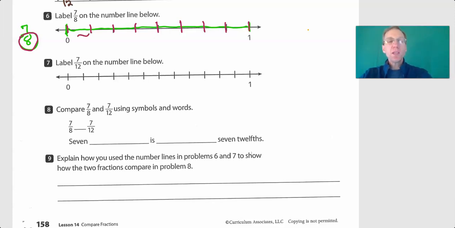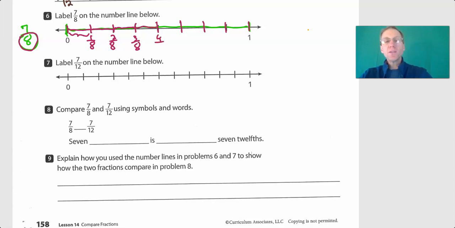So this space right here, at the end of it, we would put 1/8 to show that the distance is 1/8. And then the next one, that distance over to here, now if I make two purple lines to show the space, that is 2/8. I draw a third one, I'm at the end of that section, I'm at the end of 3/8,